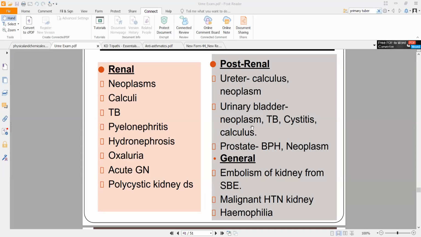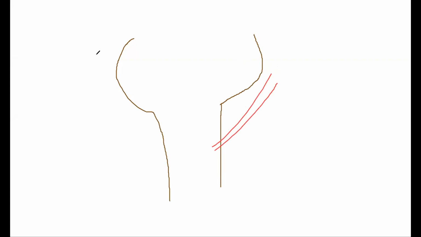Now understand, for example, let's suppose this is your urinary bladder, and just for example's sake, imagine this is your lower urinary tract and these are the blood vessels. Let me draw the blood vessels in a different color. Let's suppose these are the blood vessels that are supplying this part.